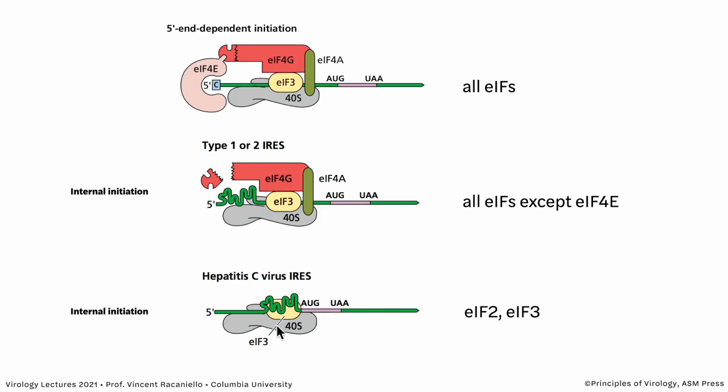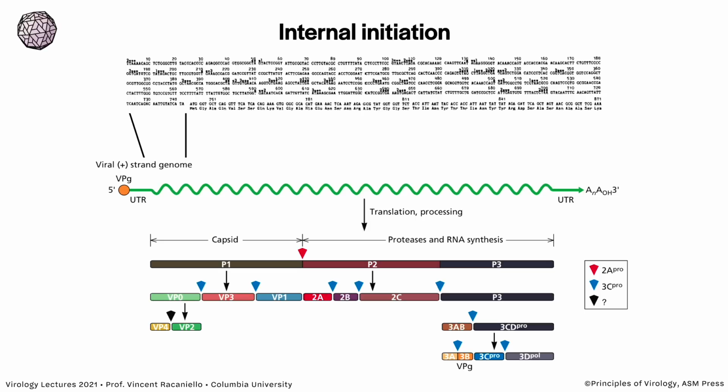Hepatitis C virus is an interesting virus with an IRES where it doesn't need EIF4G. It can bind EIF3, and then the 40S subunit comes along and binds it. This could be an ancient RNA, something just after the RNA world went to proteins. So this is what an IRES looks like